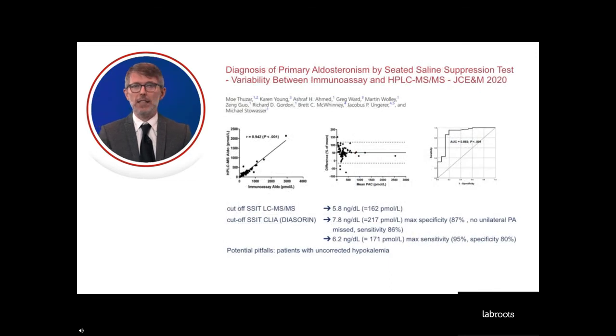And in this study performed by the Brisbane group of Michael Stowasser, they compare the performance of the aldosterone measured by LC-MS with the aldosterone measured by chemiluminescent method. And you can see that the highest specificity is obtained with a cutoff of 7.8 nanogram per dl